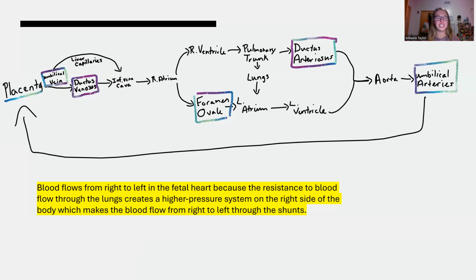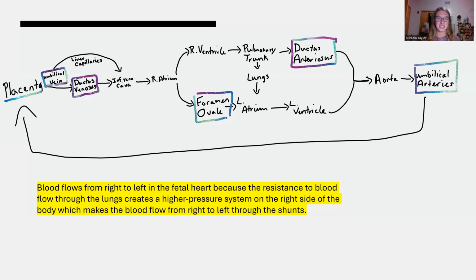In adult circulation, obviously oxygen comes into the lungs and then gets exchanged for carbon dioxide in the process of respiration. That allows oxygen to be taken from the lungs, diffused through the capillaries back into the pulmonary circuit, and then eventually pumped through the left ventricle to the rest of the body, allowing the rest of the adult body to get the oxygen it needs to run. However, obviously